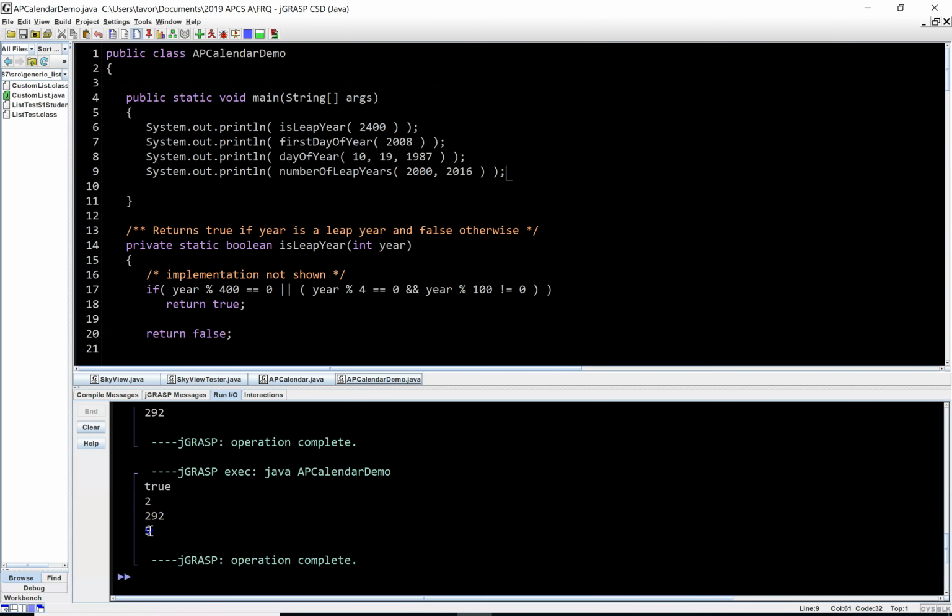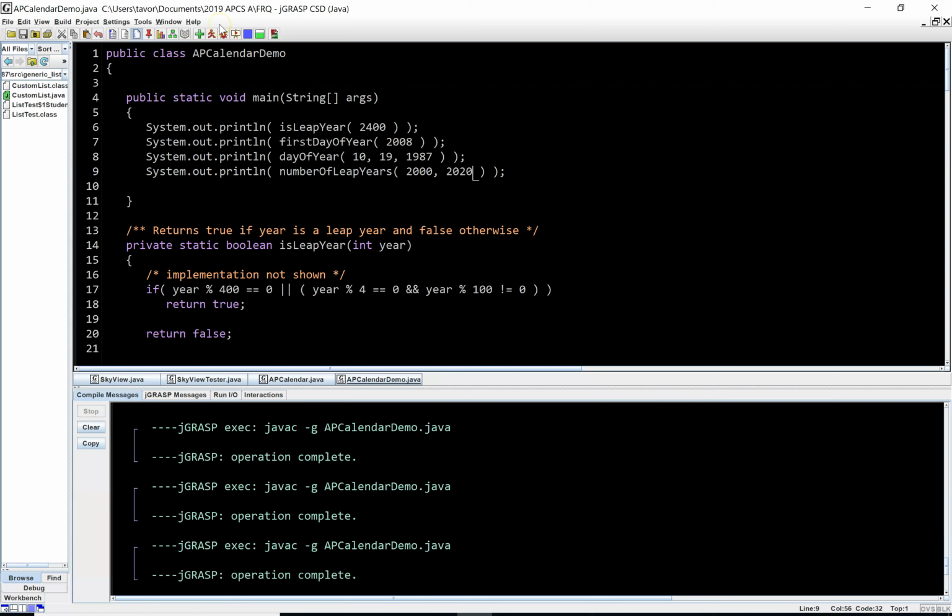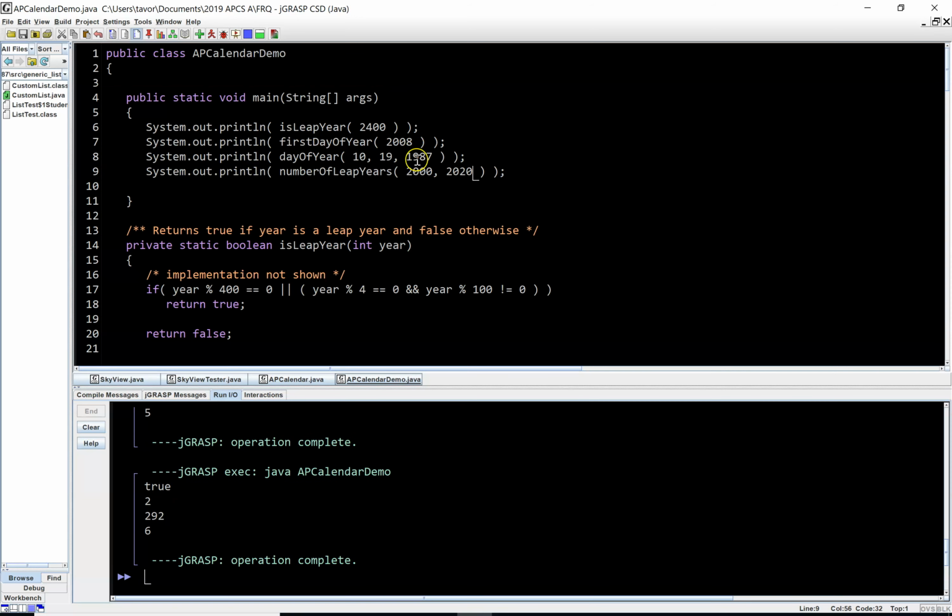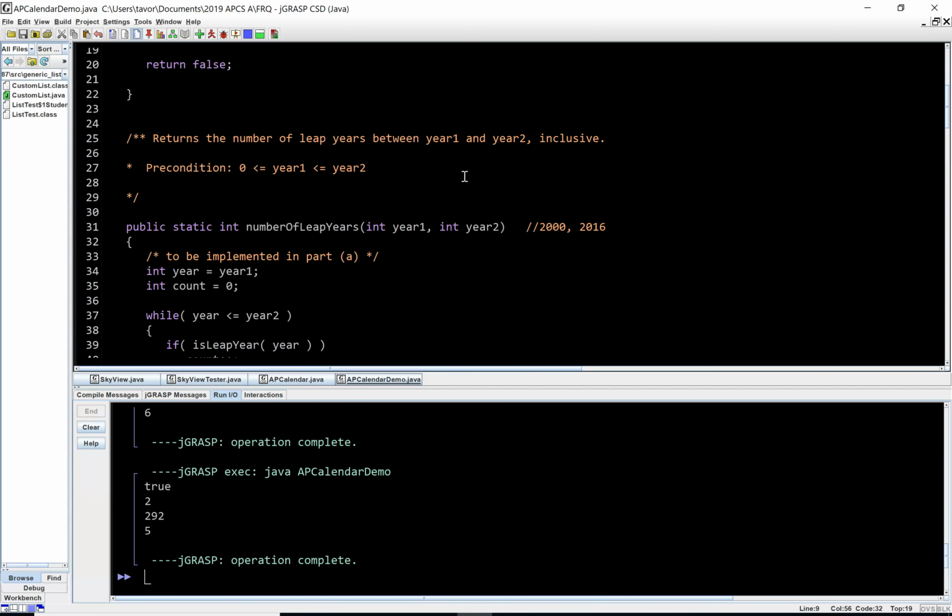and we get 5. If I put 2020, 2020 is also a leap year, so if I run that, now I should get 6. If I put 2019, then I should only get 5, because obviously I would count all the leap years between the year 2000 and 2019, which is the same as just counting all the leap years between the year 2000 and 2016. Alrighty,